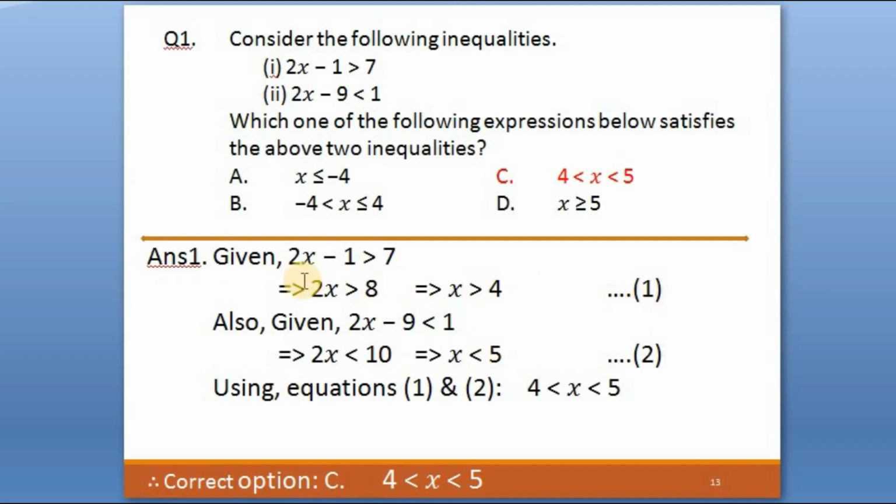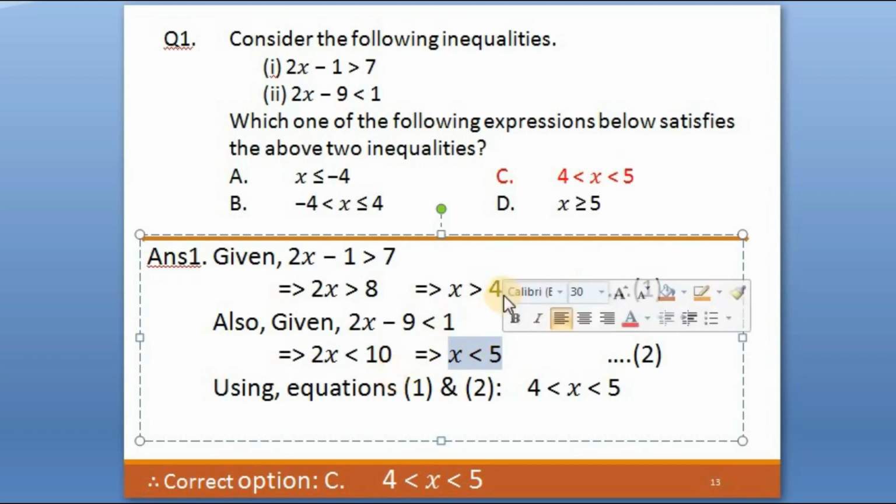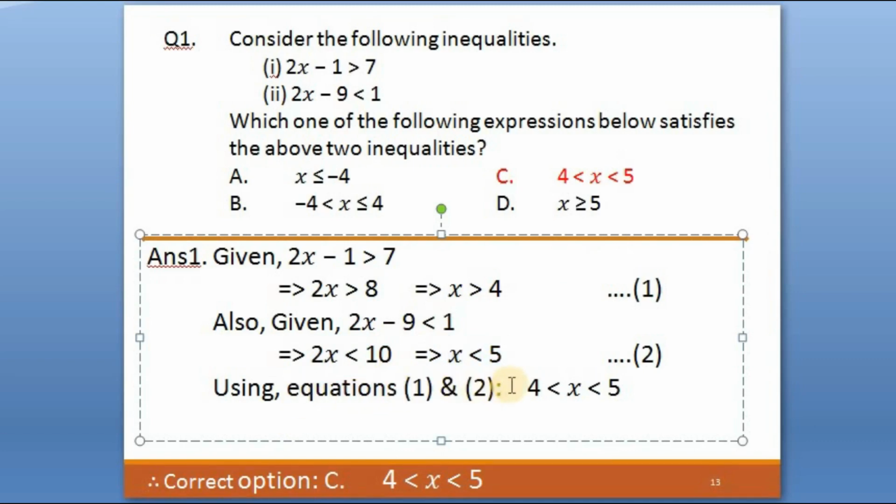Now first equation is given as 2x minus 1 is greater than 7. This implies 2x is greater than 8. This implies x is greater than 4. Similarly, second equation says 2x minus 9 is less than 1. This implies 2x is less than 10 and x is less than 5. So using equation 1 and 2,